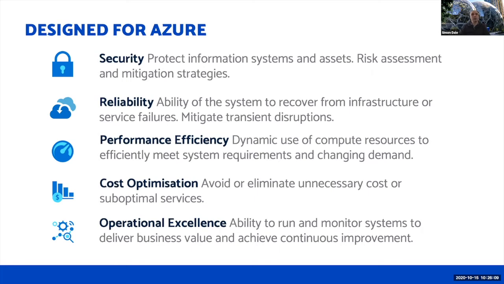So making sure that everything's in place to limit who can access what data, the separation between data sources is really key for security. Reliability is making sure that we can recover, so having failover regions and failover services, having replication of data. And then as we move through some of these, we've got the performance efficiency, making sure that we can scale to meet the changing demands and needs for data, the changing demands in the size and volume of data, or the speed that the data arrives.